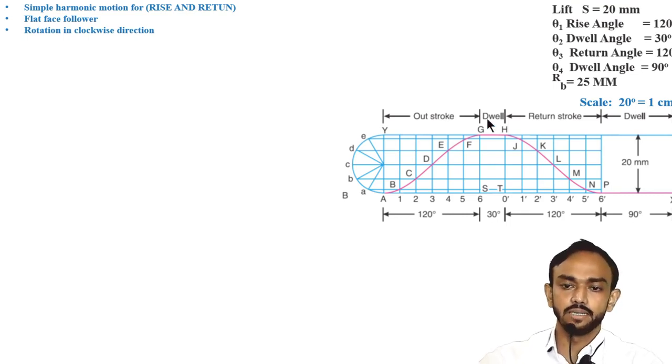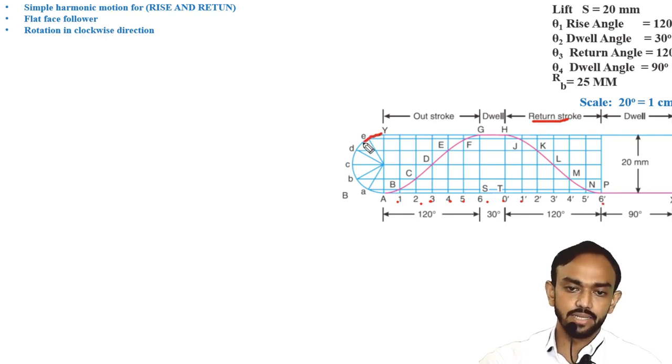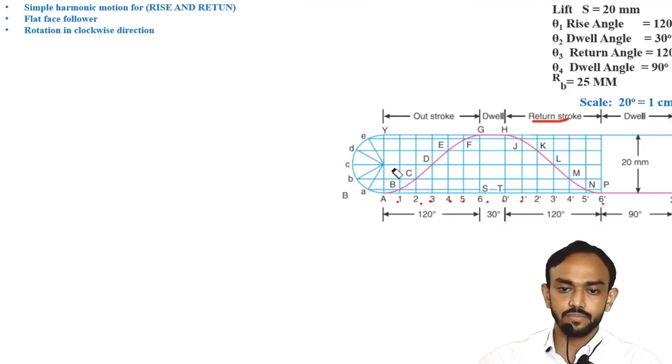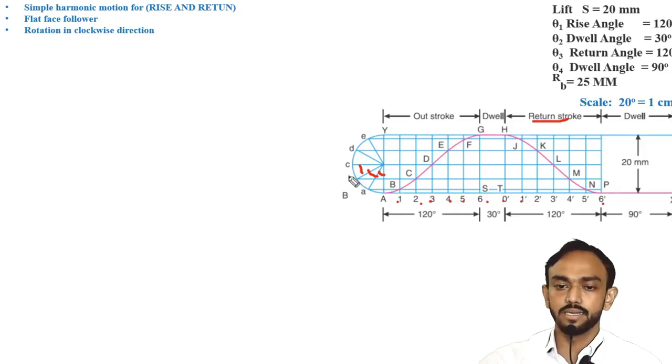What you have to do here, first of all, is make six partitions of rise and return. Give the numbers 1, 2, 3, 4, 5, 6, same as in the return stroke. The names will be 0 dash, 1 dash, up to 6 dash. Make a semicircle here and divide this semicircle into 6 parts, a total of 180 degrees. Using a protractor you will divide it into 30-degree portions, 30, 30, 30, all 6, and extend these lines up to the end of the return.